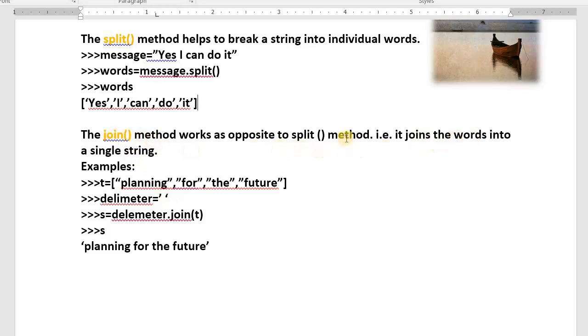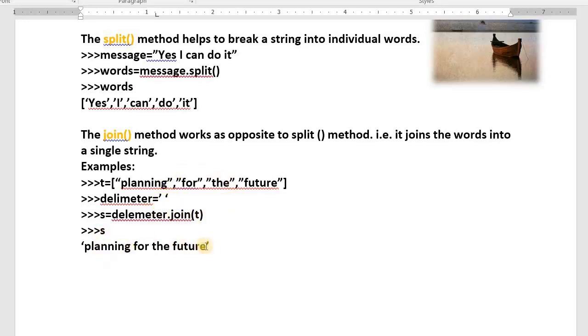It joins the words into a single string. I want to join with the separator space. Then delimiter.join. You can type a comma here also. If you use a comma, they will be joined with a comma. Whatever you type, delimiter.join, and you have to provide the list.